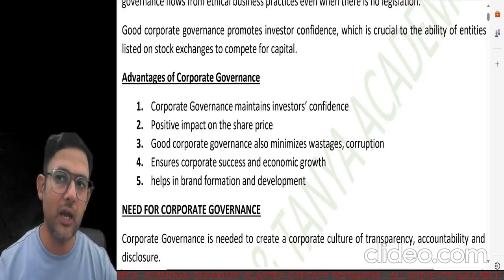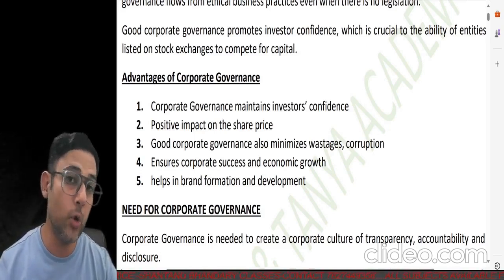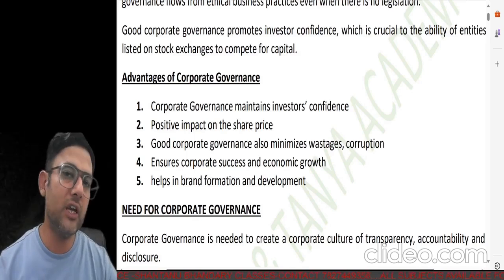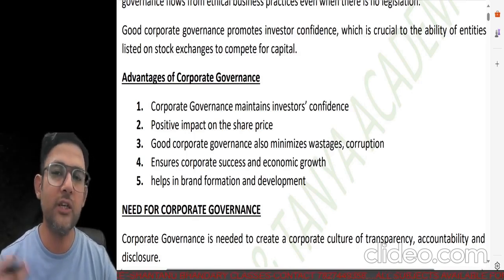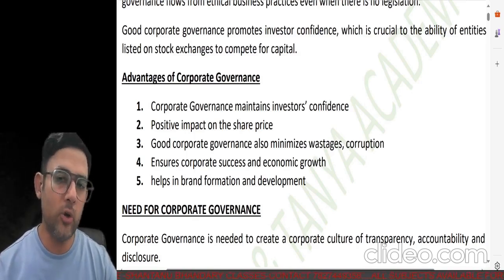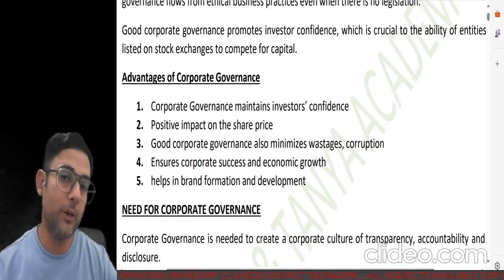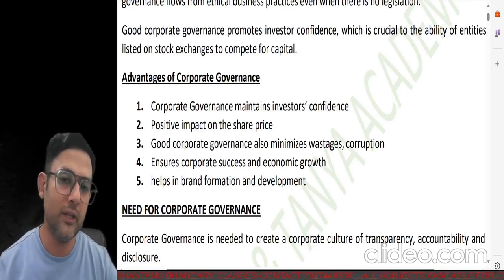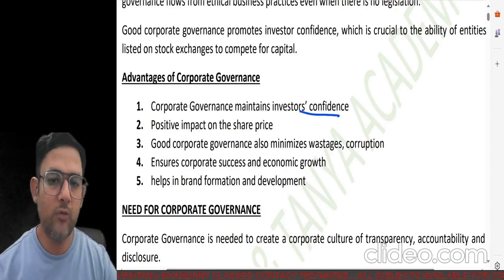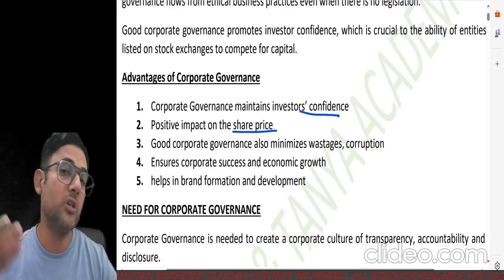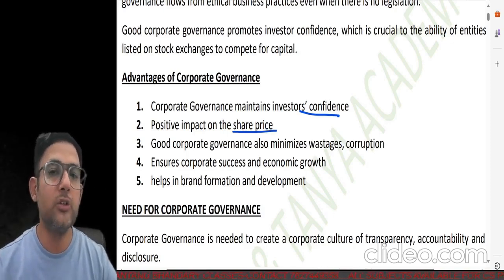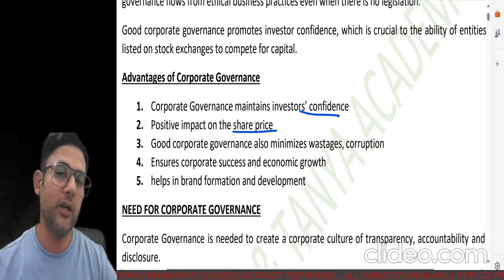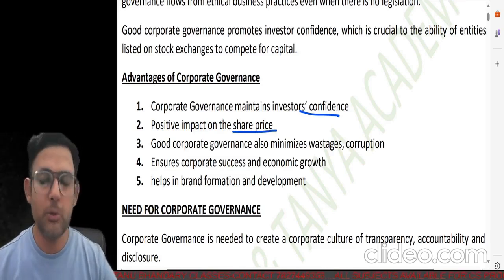They have been investing their hard-earned money in a good company, and they will definitely get good returns out of that. So obviously, if the company is a good corporate compliance company, a corporate governed company, then automatically the investor gets attracted to it. Obviously, even if you keep the share price a little higher, people will still buy your shares as compared to any other company. Even if you are paying a low dividend, if you are a good company, people will definitely come to you,